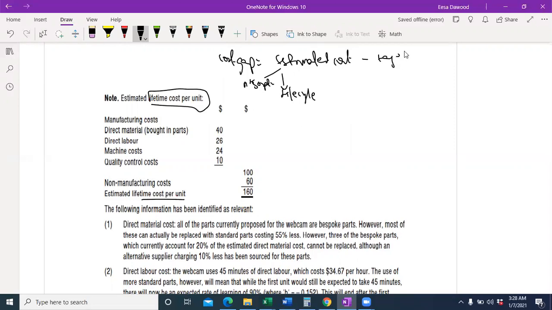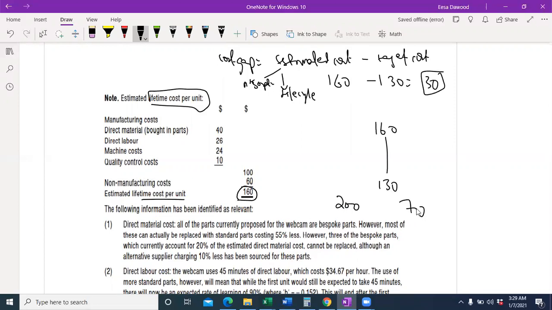Estimated cost less target cost. There's a cost gap here because estimated cost is 160 and the target cost we want to make it at is 130. So 30 is the cost gap. If we don't cover the cost gap, if we don't bring 160 down to 130, definitely we won't be able to sell it at 200 and earn a profit of 70, because that was our targeted cost. So right from the start,